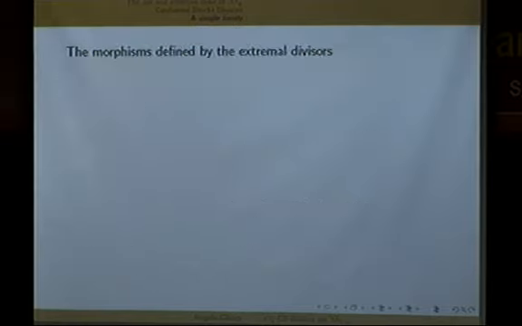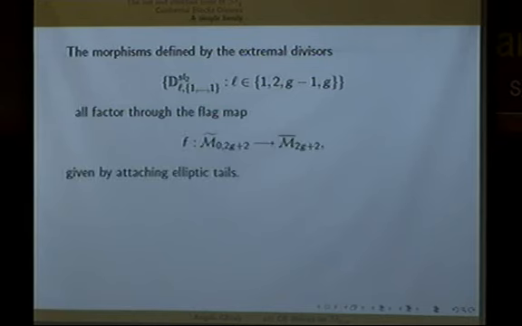Now, divisors can define morphisms that factor through lots of different spaces and end up at isomorphic varieties. So I've just shown you one interpretation for those conformal block divisors, for the morphisms they define. But actually, all of these extremal divisors, the morphisms they define also factor through the flag map. So there's a morphism,